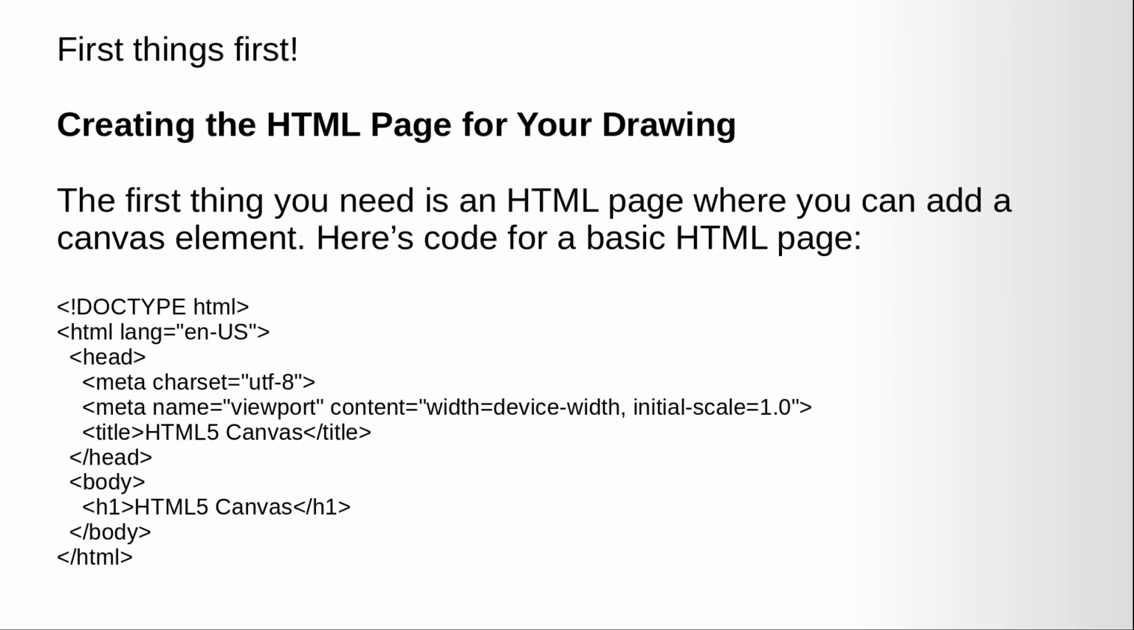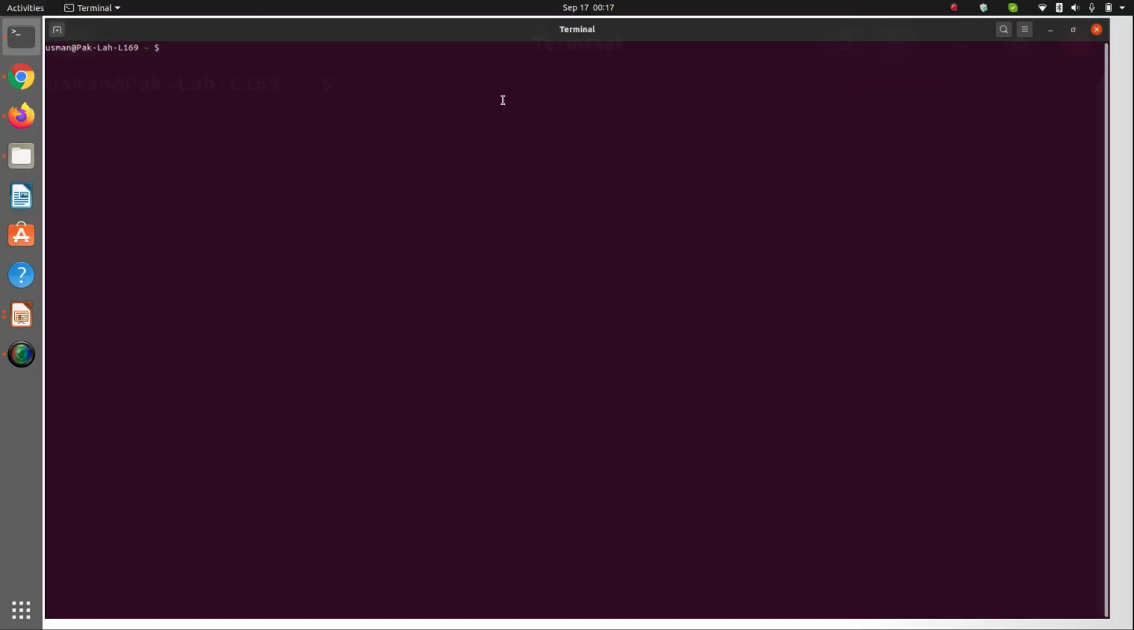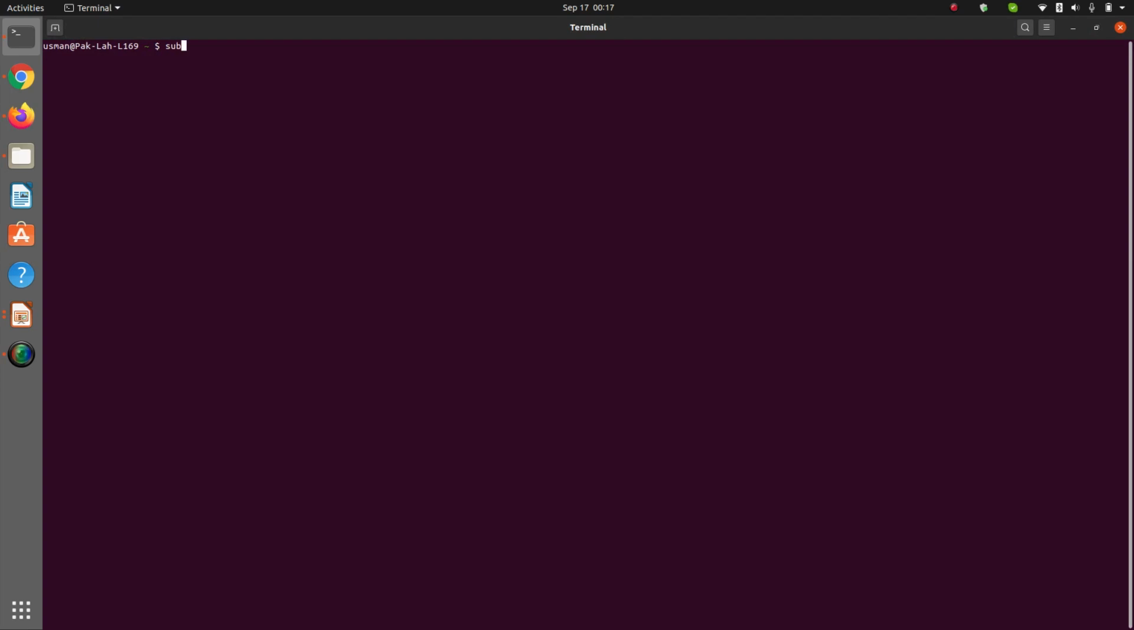So let's get started. I'm going to go on the terminal, and here we will be using Sublime text editor and going into my personal projects folder, and within those personal projects folder I have HTML. Let's create a folder called HTML5